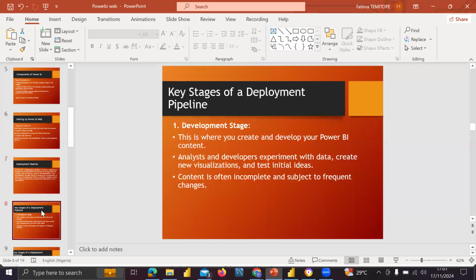As I've said, the development stage is where you create and develop your Power BI content. Analysts and developers experiment with data, create new visuals, and test initial ideas. The content is often incomplete and subject to frequent changes.